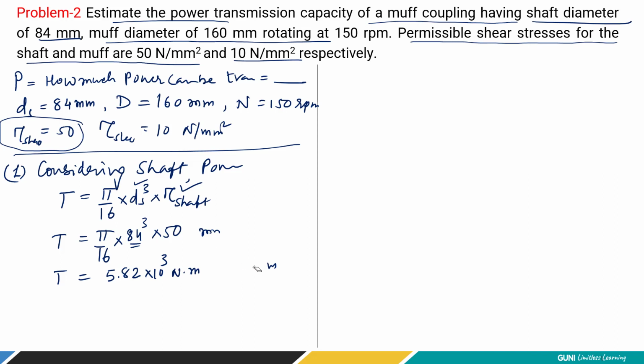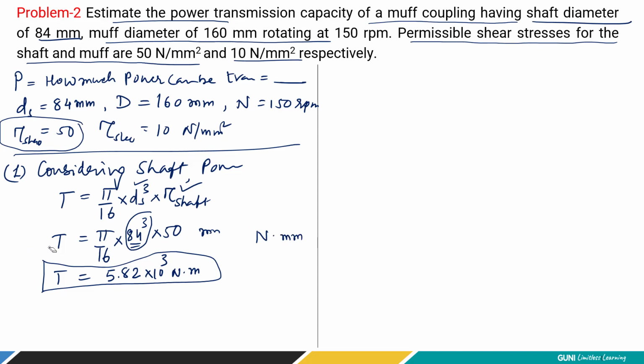Students, try it yourself and find out the answer. Try to match with my answers. It's very important because in examinations you may face a problem here, because students are sometimes confused about the unit. They simply write Newton meter straight away. It is not possible because we have taken the diameter in millimeter, so the unit of the torque will be Newton into millimeter.